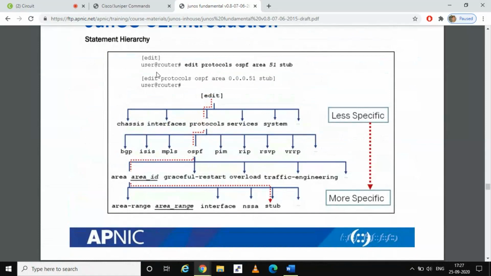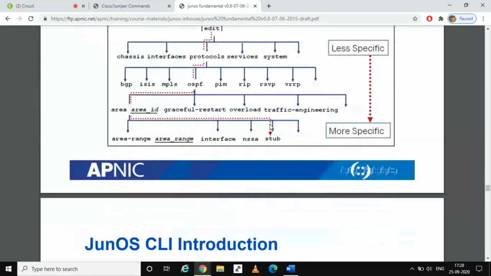You can see a particular command here: edit protocols ospf area 51 stub. In the hierarchy, after edit you can type a question mark and see the different commands you can type, or you can see the hierarchy of that particular edit protocols command.